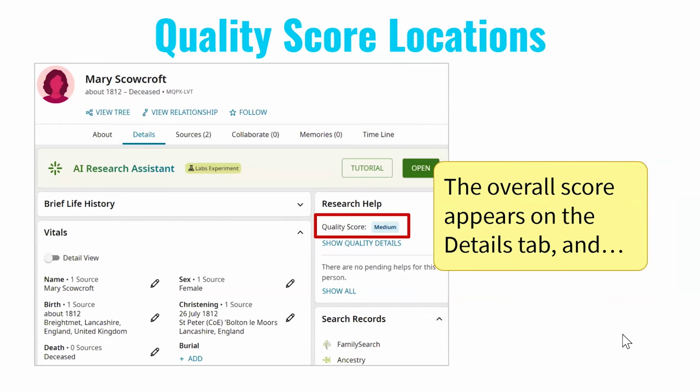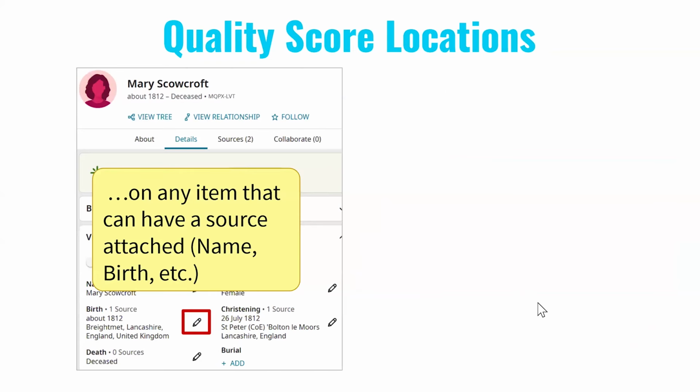The quality score appears in two places. The overall score appears on the Details tab of a profile over here in the Research Help section. So you just see it right up there at the top of the Research Help box. But it also appears for any item that can have a source attached, such as the name or the birth